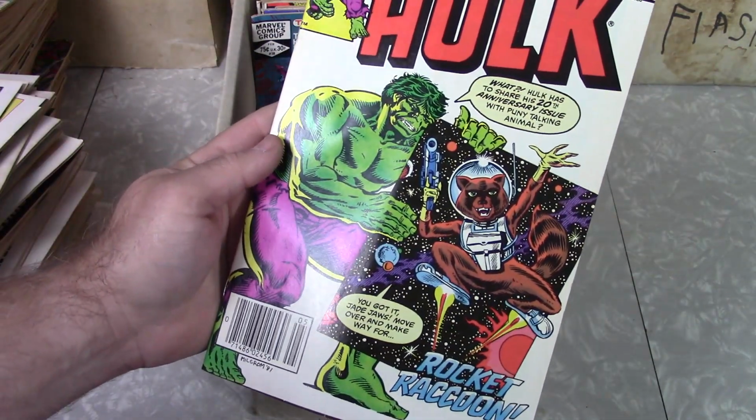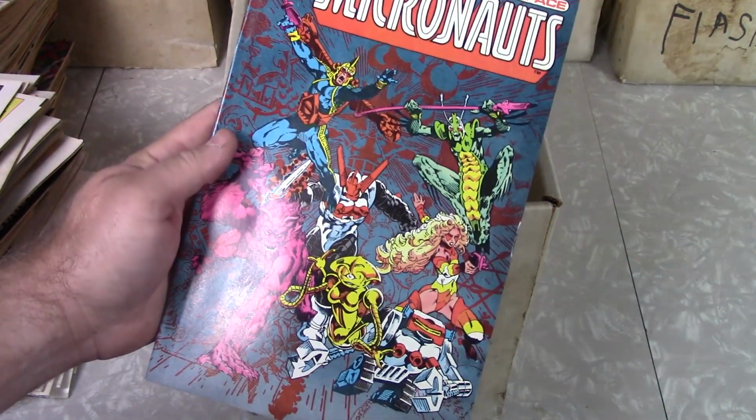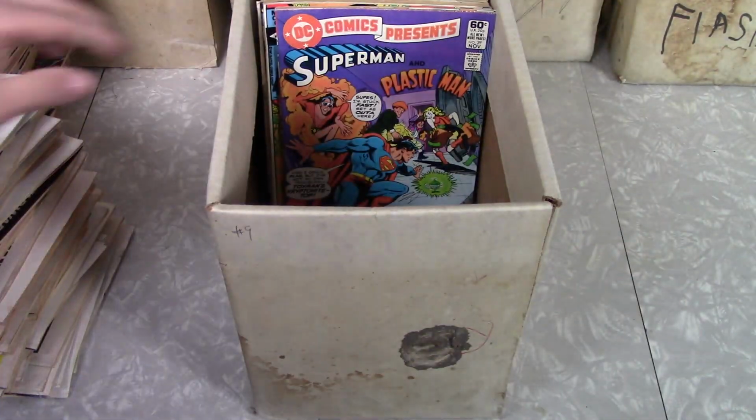This one isn't too bad either. Rocket Raccoon on the cover there. A little bit of a sub-crease. Must have had a subscription to that one too. And back to Micronauts. I'll have some fun putting these runs together, just see how many are missing and complete